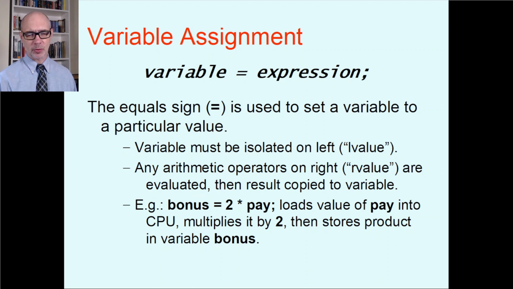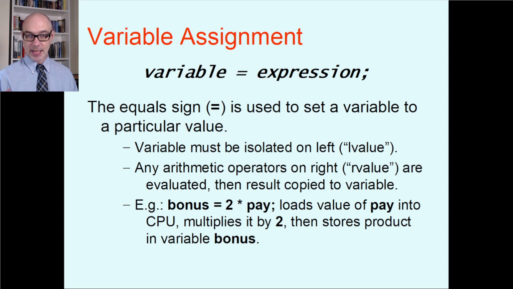It might not be exactly what you expected to begin with, but that's what happens. For example, if there's a piece of code that says bonus equals 2 times pay, semicolon, bonus and pay are variables that were declared previously. What that's going to do is look at the 2 times pay first. It's going to look in main